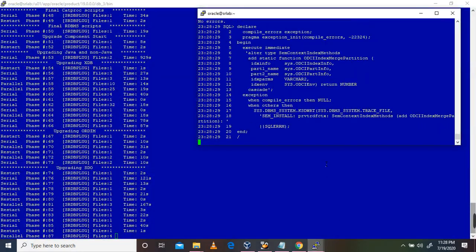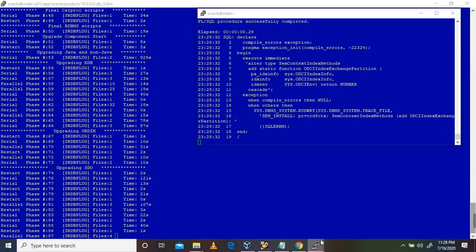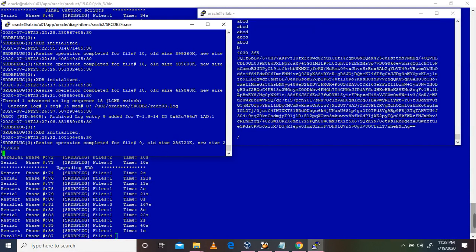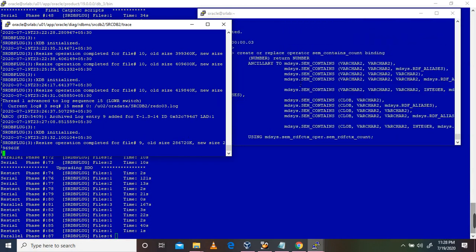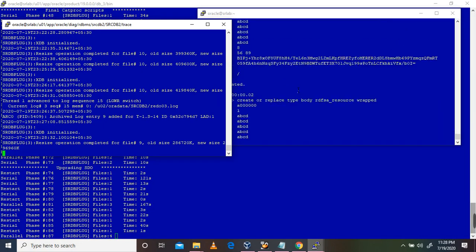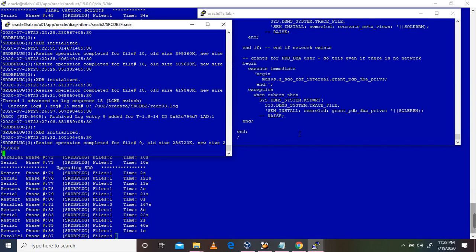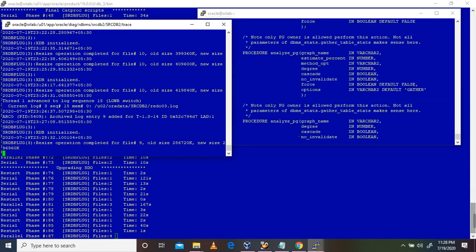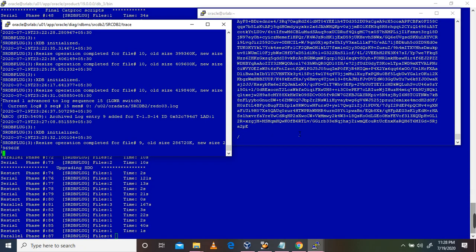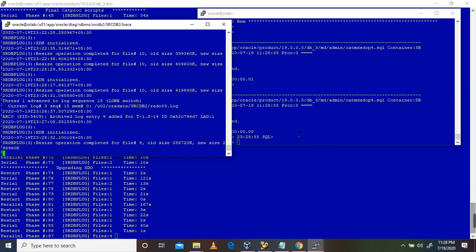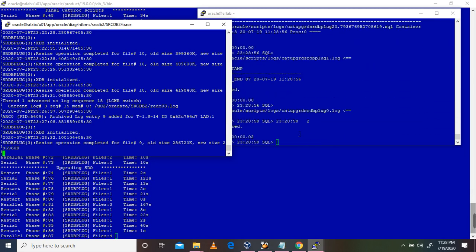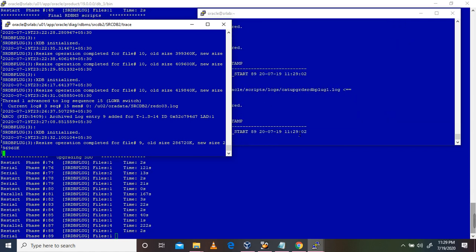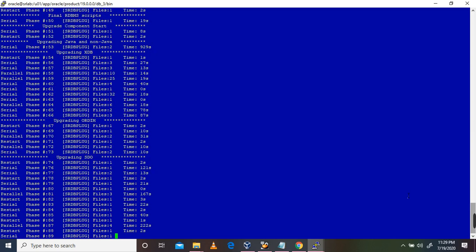You can see the upgrade logs, let's keep it running. I also opened the alert log. It's going on, so far so good. The upgrade is going on fine as expected. It will take a few minutes to complete, and after that we need to do some post upgrade checks. We need to run utlrp for invalid objects, recompile invalid objects, do the time zone update, and validate the post upgrade components. So it's going on.